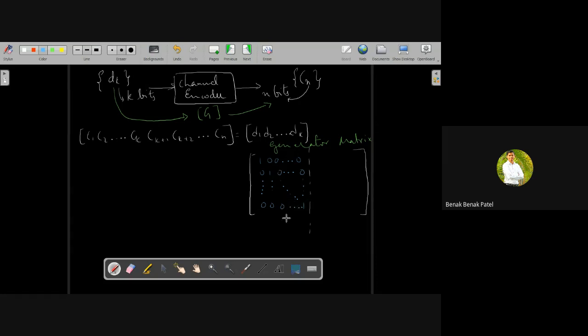This is the identity matrix, and it is represented as I subscript k. And the other half, we call this the parity matrix. And this parity matrix is given as